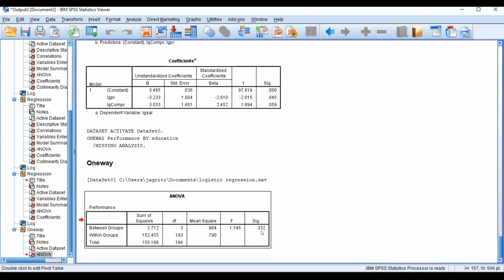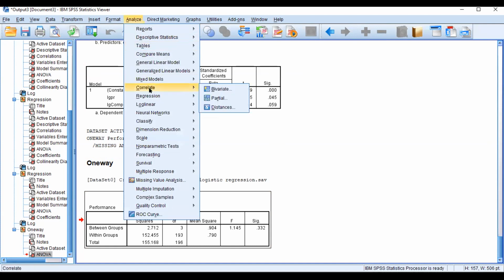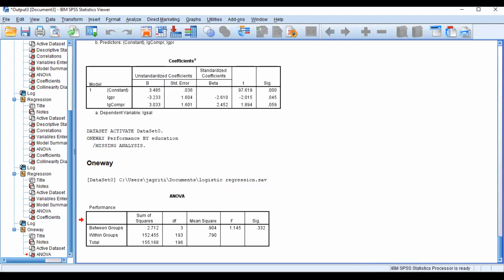This is a one-way ANOVA. This is also a way to check the impact of a group. But the thing is that your variable should be in factor form. Factor means it should be a qualitative nominal category. Okay, so next, when I am done with this, I'm going to stop sharing this.